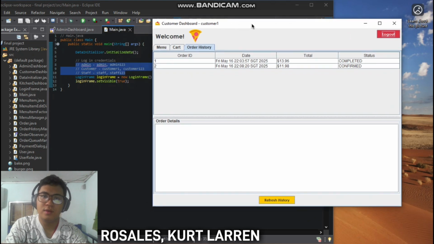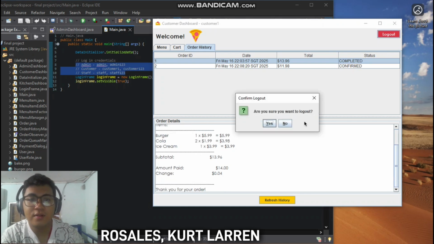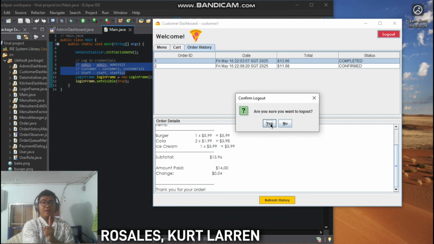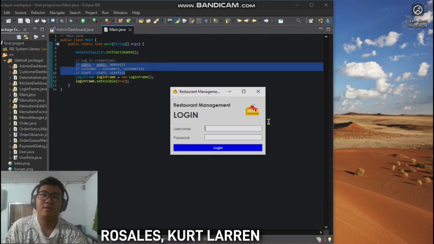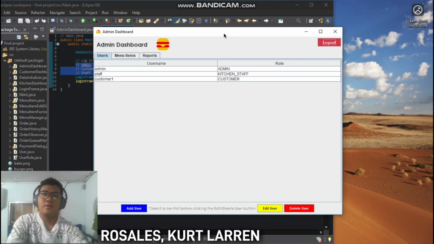And go on to the order history, and as you can see, it is now changed to complete status. And now let's move forward with the admin dashboard. It's only accessible by logging in with the admin credentials, which is admin, and the password is admin123. And now as you can see,